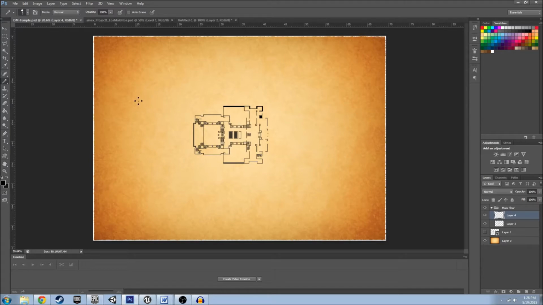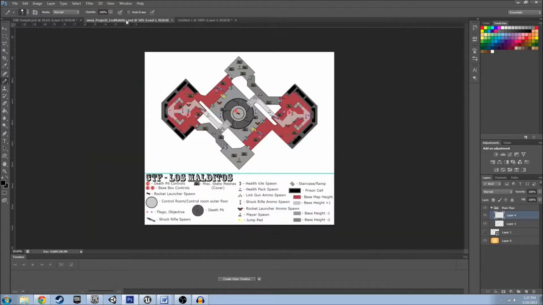Now, to get started, I'd like to talk about the point behind paper maps and why they're useful, and why you should make them if you want to create levels or mods for a game. In general, paper maps are not for you, the content creator. They're for everyone else on your team or your bosses, because